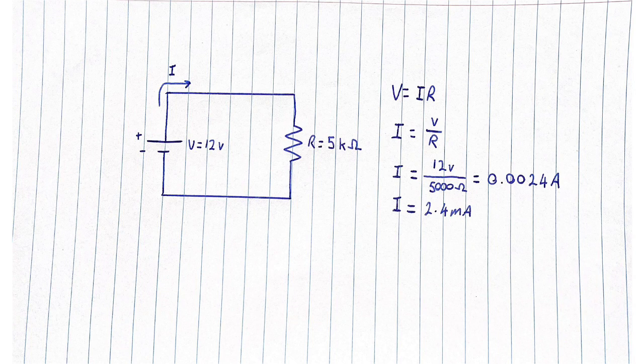This circuit is very similar to the last one, but in this case we are given the voltage and the resistance and need to calculate the current flowing through the circuit. For this we need to rearrange the equation V equals IR to solve for the current, giving I equals V over R. From here we just divide the applied voltage by the resistance to find that there is 2.4 milliamps